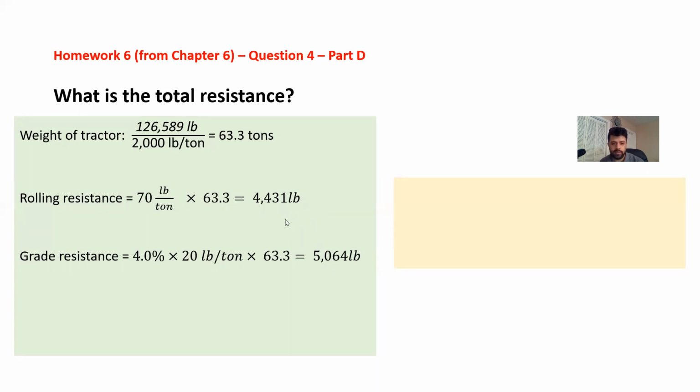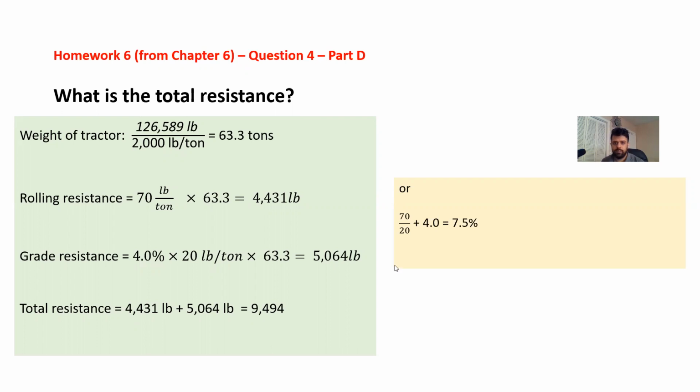That's most of the time the case if the grade is more than 2 or 3%, unless the road's surface condition is poor. So the total resistance, now both of them are in pounds, so we could easily add them up. The resulting number is almost 9,500 pounds. Okay,